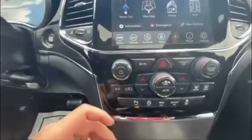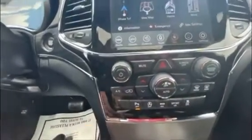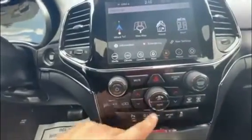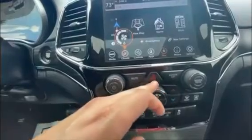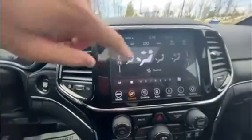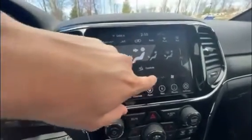Now you do have a dual zone climate control. You can have whatever temperatures on both sides of the vehicle, all your setups on both sides, and then your auto and your fan speed is actually the same knob right there, just turning it. You do, however, have all your climate controls as touchscreen buttons up here. Very responsive touchscreen, as well as the fan speed and everything you can control from here, and then the direction